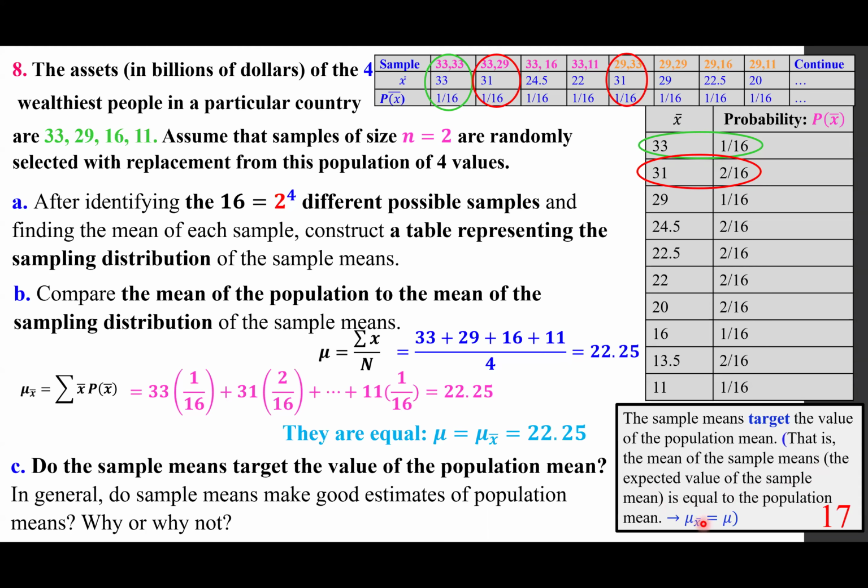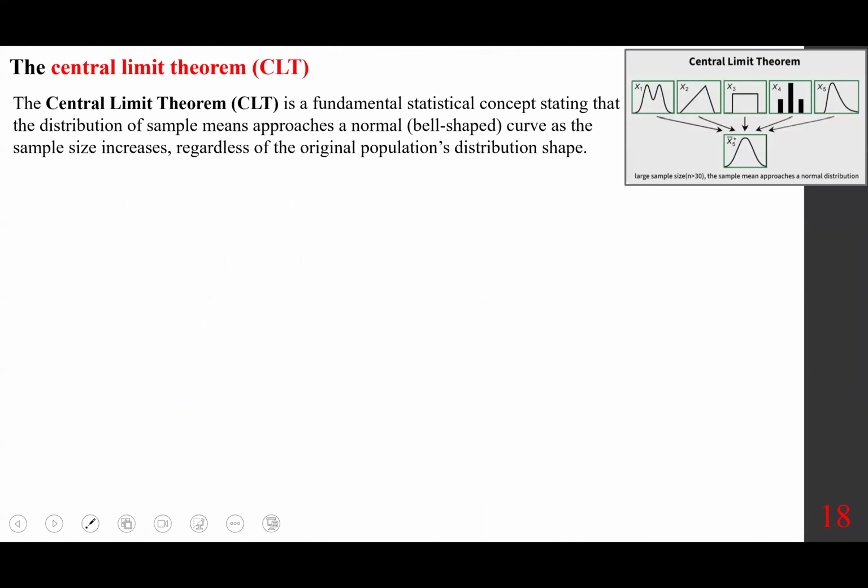In other words, mu of X bar is equal to mu. That's the meaning of it. And of course, mu of X bar uses this formula to be calculated. Very straightforward. Now, I want to discuss the concept with more details and using the idea of CLT, the central